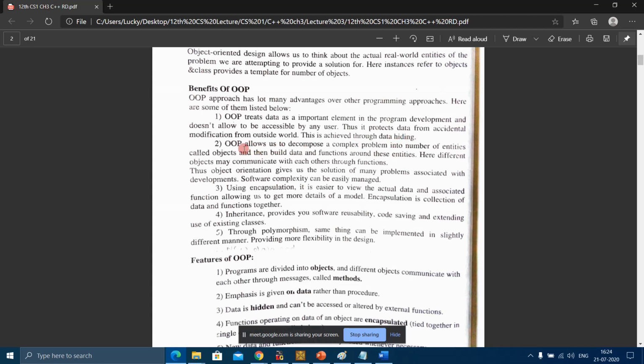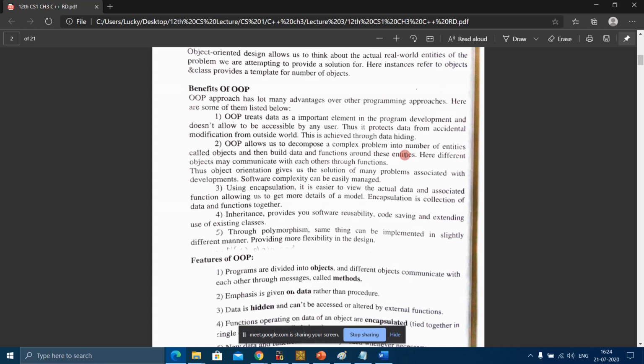Second, OOP allows us to decompose a complex problem into a number of entities called objects, and then build data and functions around these entities. Here it's talking about data members and member functions, which are built around the object.